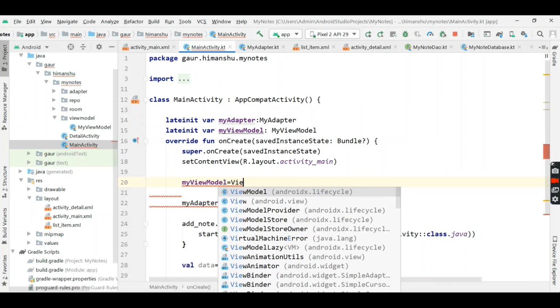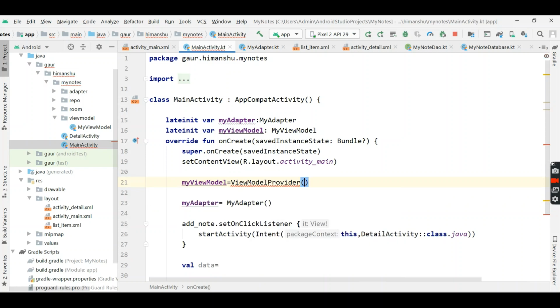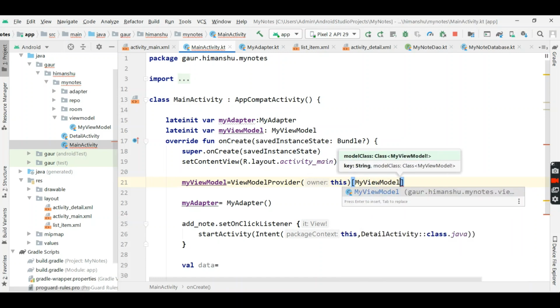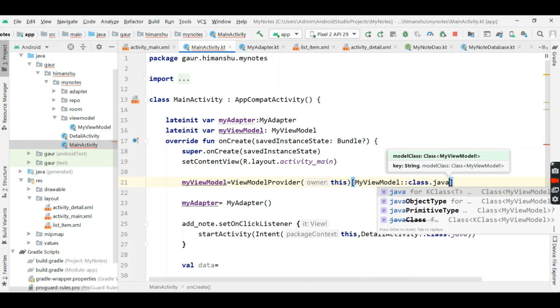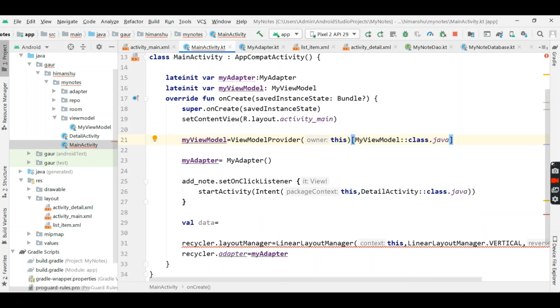So I'm going to initialize our my view model. ViewModelProvider, and our owner is this, and our class is MyViewModel class dot java. Okay, now my view model is initialized.